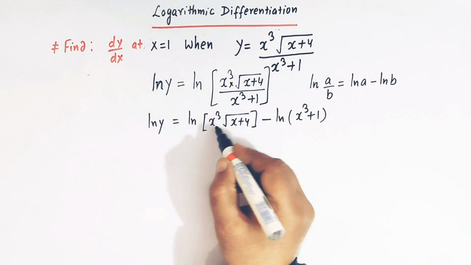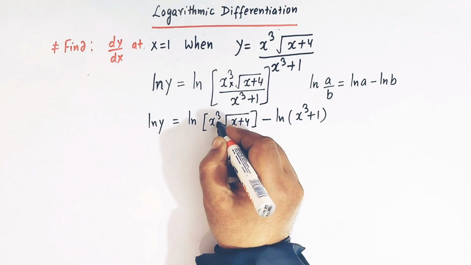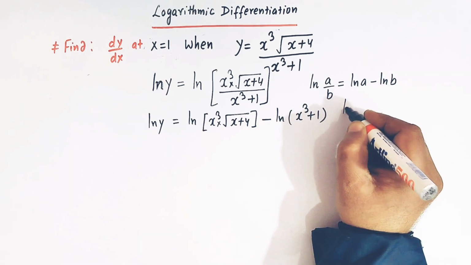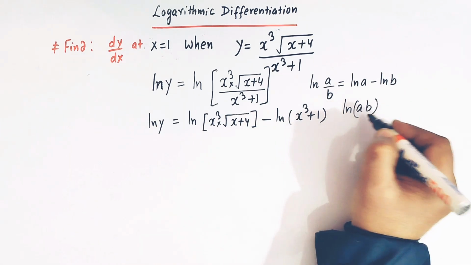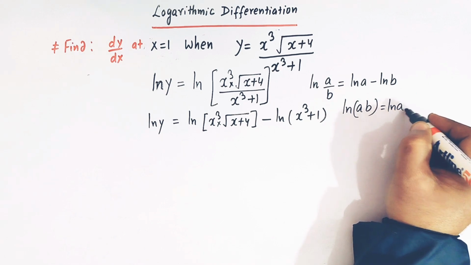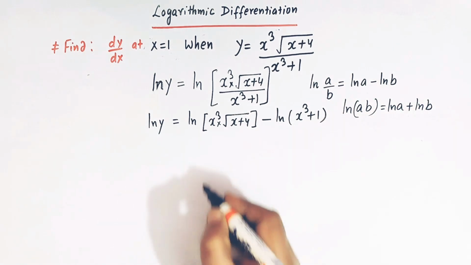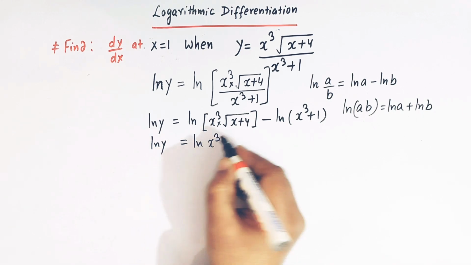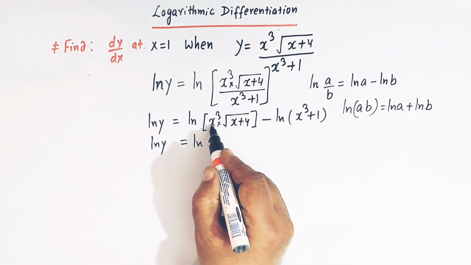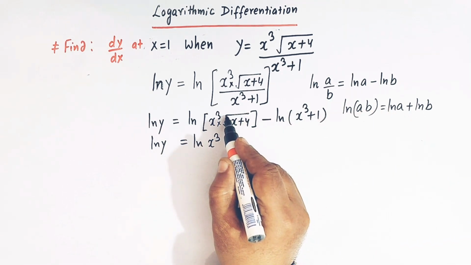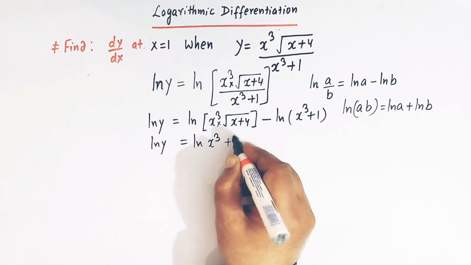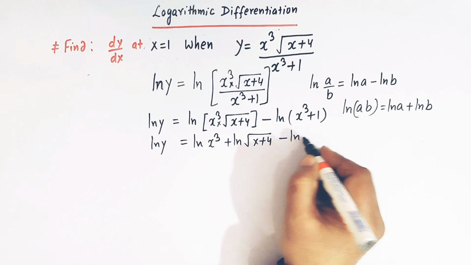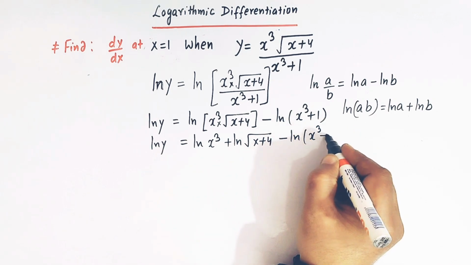So now here we have x cube times square root of x plus 4, right? So here again we'll make use of one property of log, that is log of a times b is equal to log of a plus log of b. So now we can write log of y is equal to log of x cube. A can be treated as x cube and b can be treated as square root of x plus 4. So we have log of square root of x plus 4 minus, and we have log of x cube plus